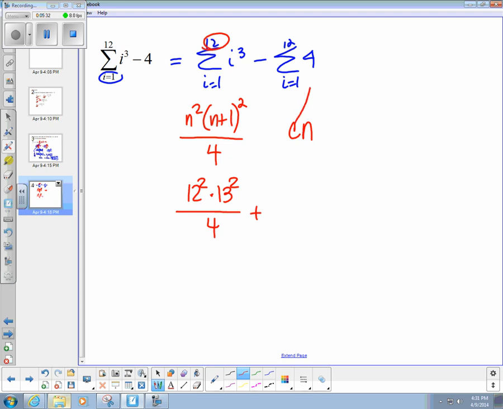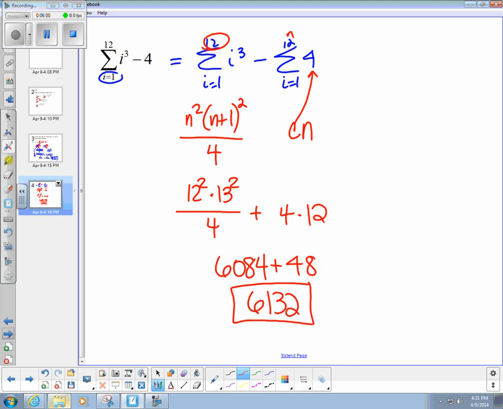The c is the constant that you've got behind the summation. So our c is 4, and then again our n is 12, the number at the top. Okay, so 12 times 4 is 48. 12 squared times 13 squared divided by 4 comes out to be 6,084. So when you add those two numbers together, you end up with